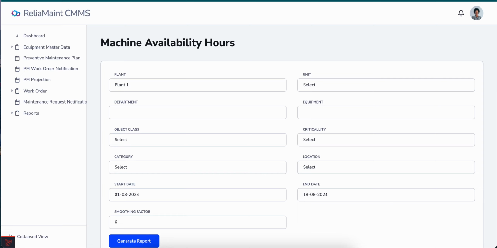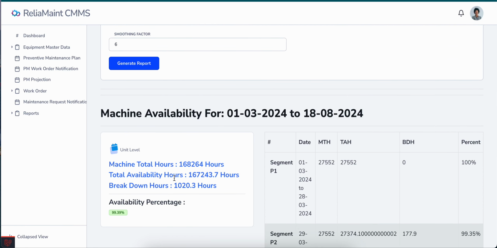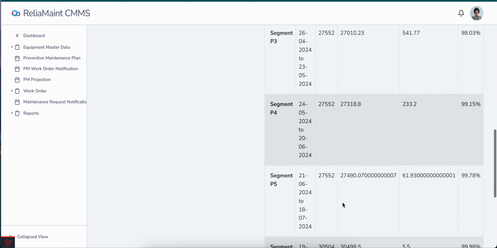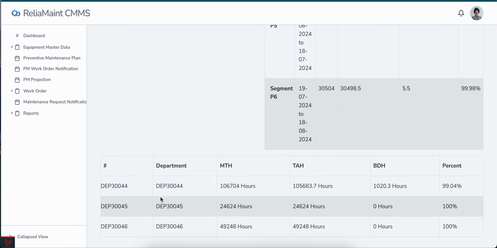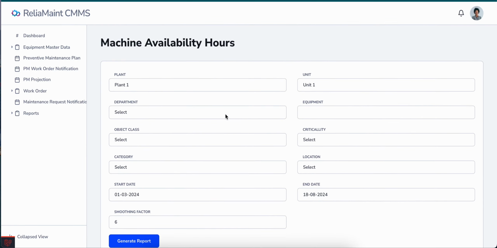If we want to see, that means now we can see unit 1 has the more breakdown. So we can select unit 1 here, and again we can generate the show. So now it is showing unit level, same thing. Unit level it is showing at segment level, and under the unit there were 3 departments. So what is showing, department 1 is the major contributor of unit 1 failures. We can again see under that department what is the issue. So department 1, which equipment is basically problematic. So we can again generate report.